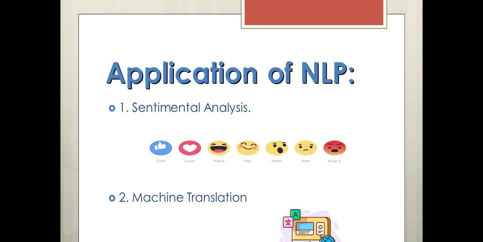Like for Amazon, we give the product review. If Amazon wants to test how many customers have reviewed the product as positive, and how many are not satisfied with the product, Amazon can use sentiment analysis, and it will classify the comments as positive, negative, or neutral, and many other things. So Amazon will be clear that this product has not been given many positive comments, so we have to change the strategy, or we have to increase the quality of the product. Whatever the issue is, they can resolve it easily.